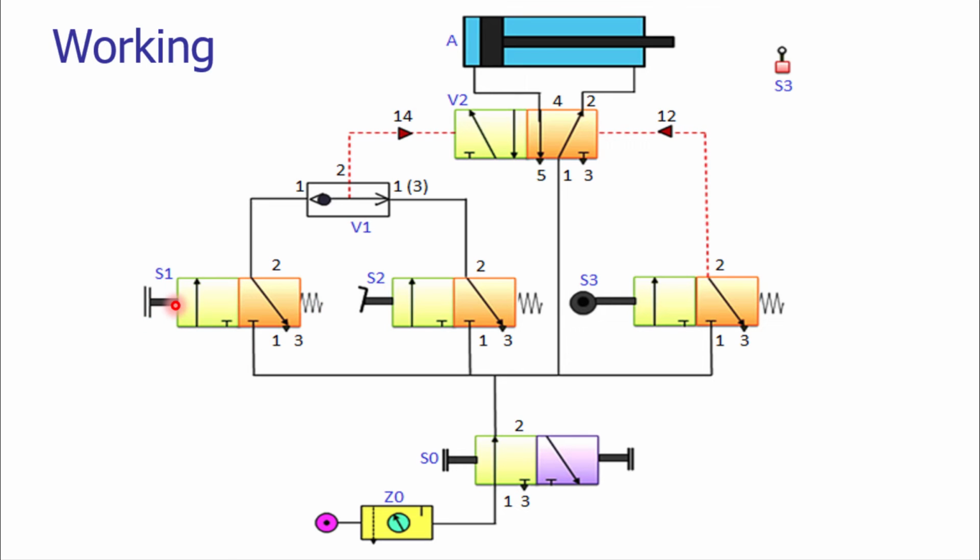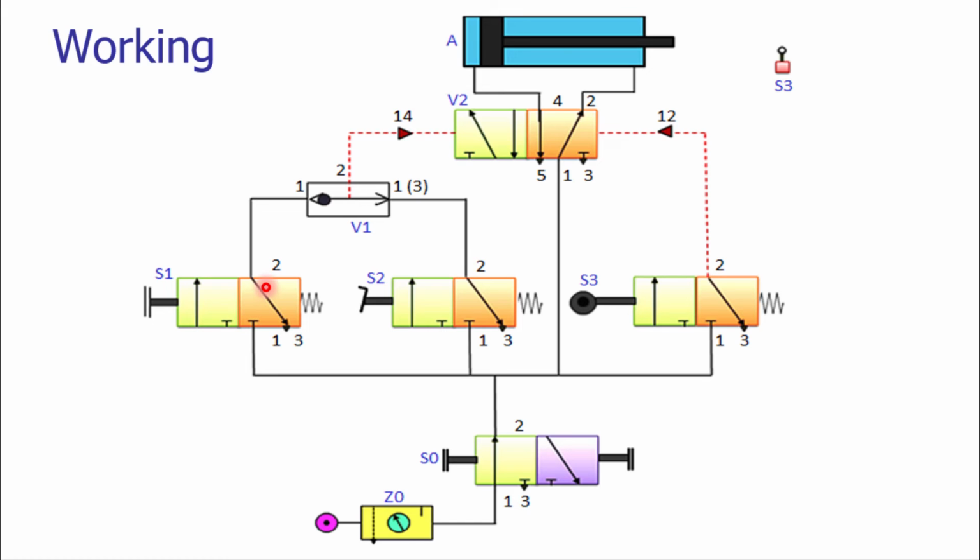So when we apply the energy at the push button, it will displace the position and the second position will be actuated. So what is this second position? The input port will connect to the application port. So we are getting the compressed fluid at the application port. This application port is applying the compressed air to the shuttle valve. So here the ball will get displaced and it will block the foot pedal operated valve.